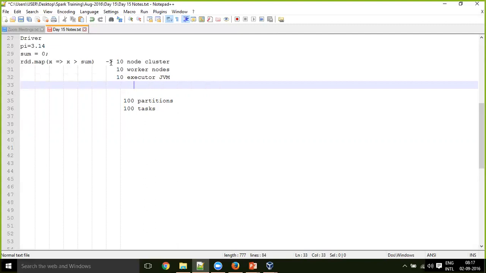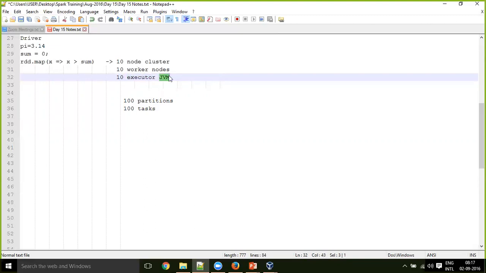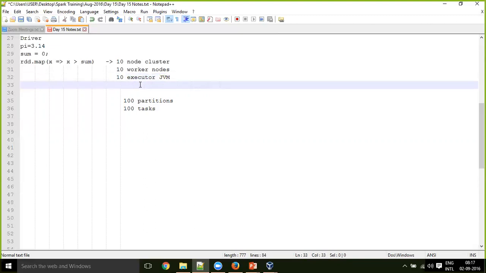The same task again and again, or one after the other, your tasks may run in parallel. Generally, one after the other, your tasks may run in sequence if you don't have that many executors or that many tasks if you can't spawn them. Generally, the same JVM can be reused for multiple tasks based on the configuration. So let's not worry about those admin stuff. Okay. Now, assuming this scenario,